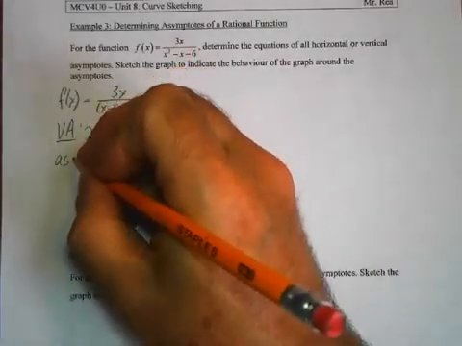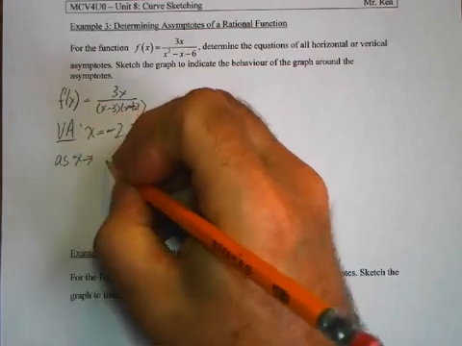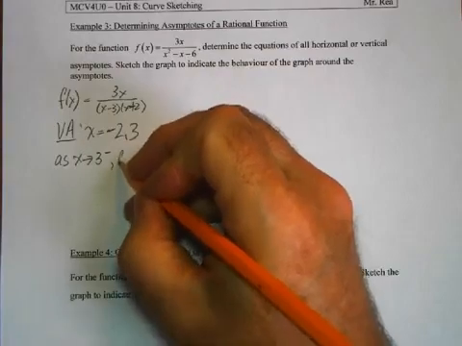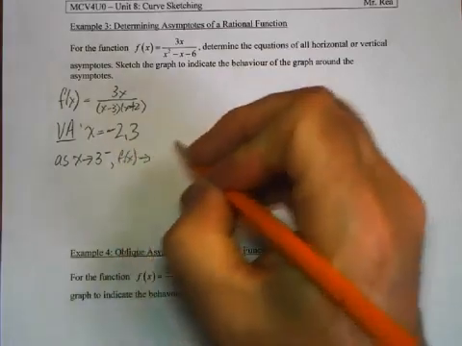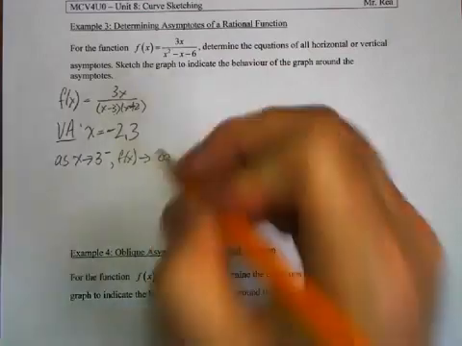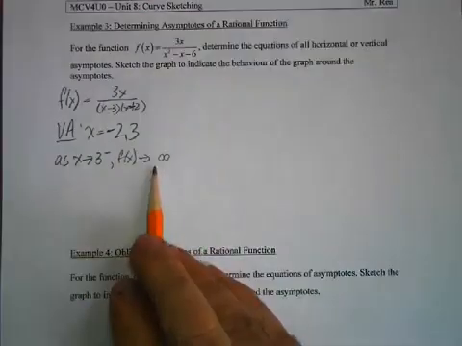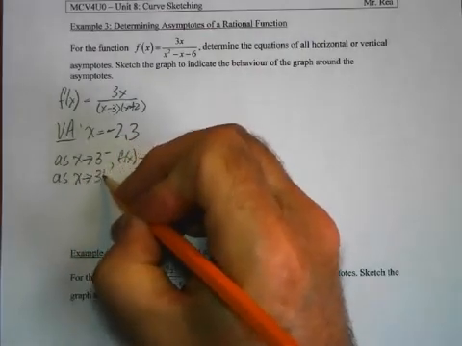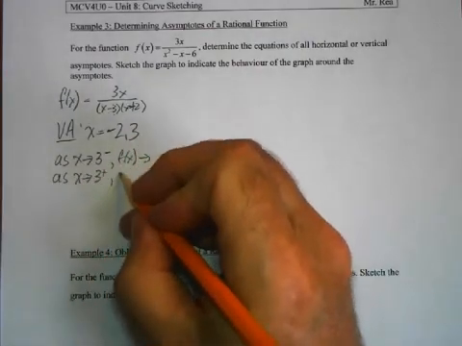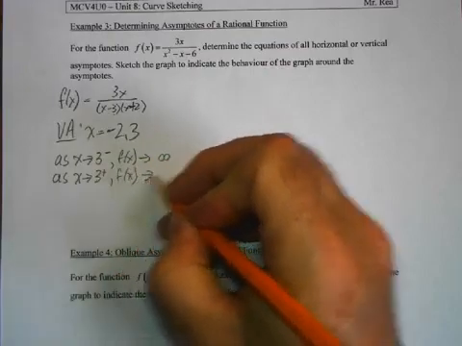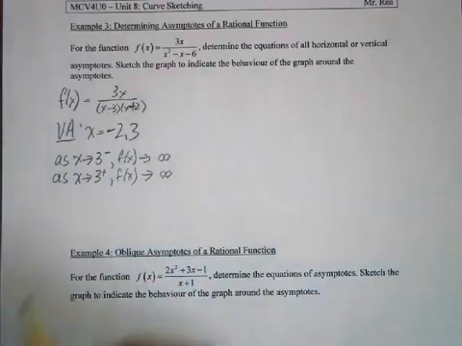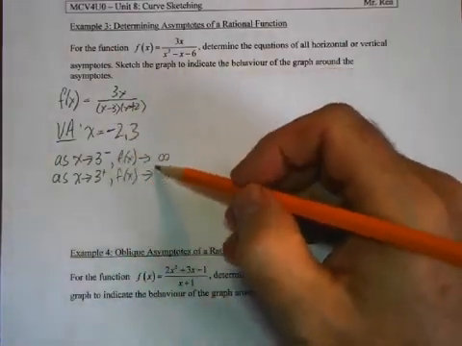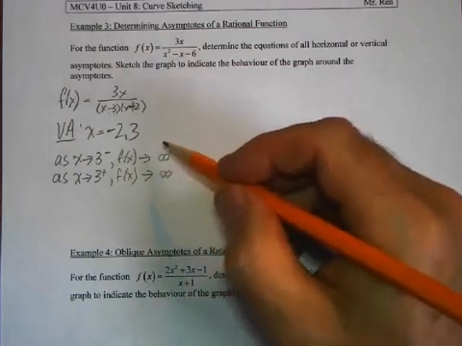I'll just write out what I'm going to do first, and then I'll do it. So as x approaches 3 from the negative side, f of x approaches something. Now we know it's going to be infinity. We just have to know, is it positive or negative. So I'm going to just write out all 4 of them. So as x approaches 3 from the positive side, f of x approaches which infinity. That's one of the reasons I always put plus or minus infinity. I don't assume that infinity is always positive,